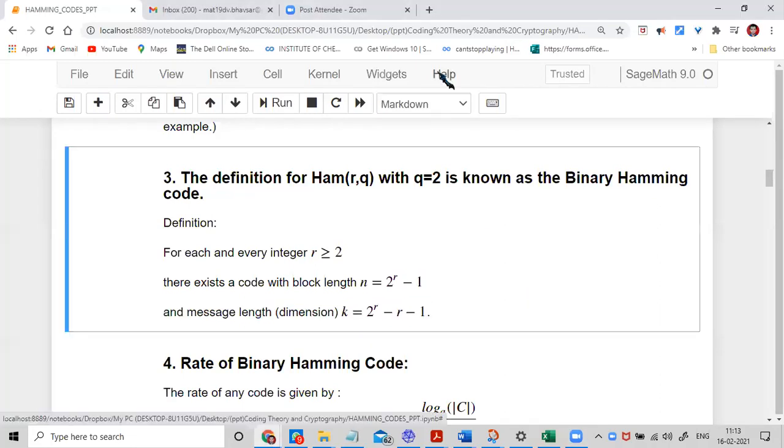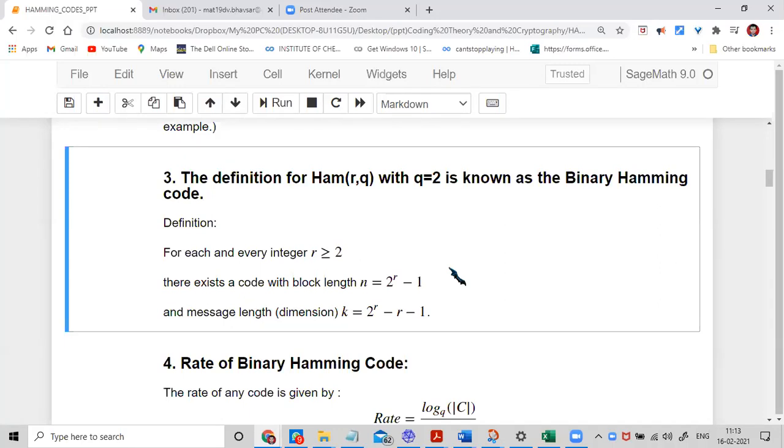So r is just a variable, or r is the redundancy. I'll explain it. An example, which was the last one, you can take as an integer greater than or equal to 2, which helps us find the binary Hamming code. We can find this n comma k comma d. D is also fixed and r is also fixed.